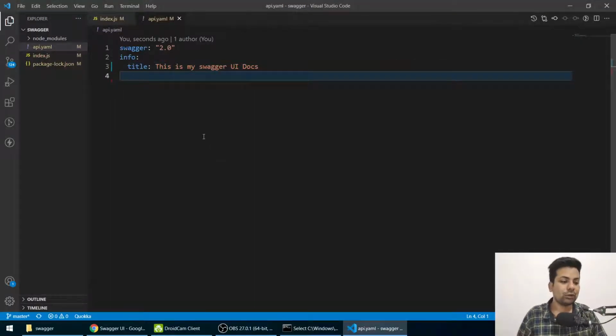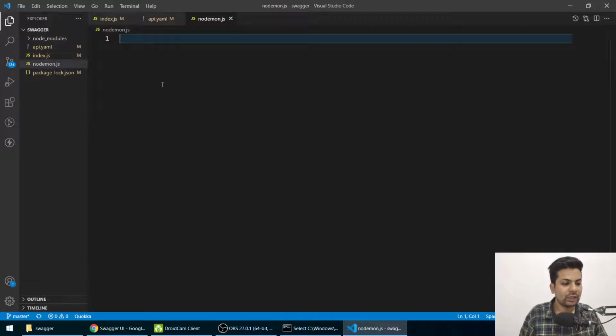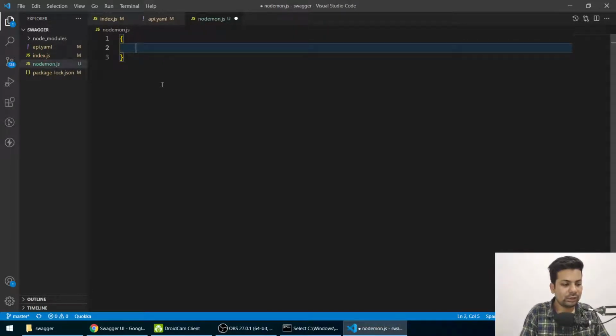So to make nodemon watch the YML file whenever we change it, we'll add another file called nodemon.json in the same directory. Here we'll open two curly braces and we'll say extension, and here we'll define the files we want to watch.